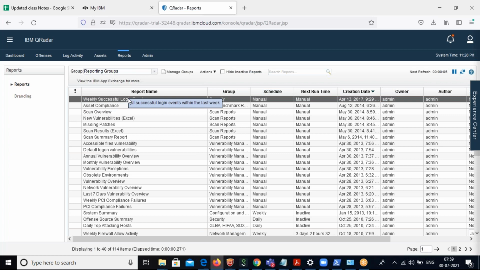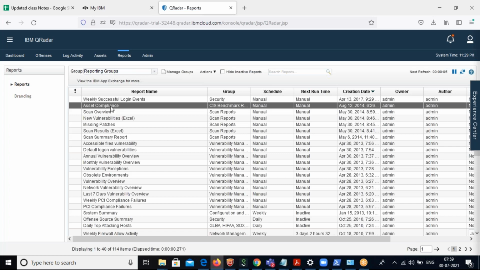Okay, so whoever is trying to log into IBM QRadar: successful login and failed login attempts. Only successful logins, not failures. In the similar asset compliances,